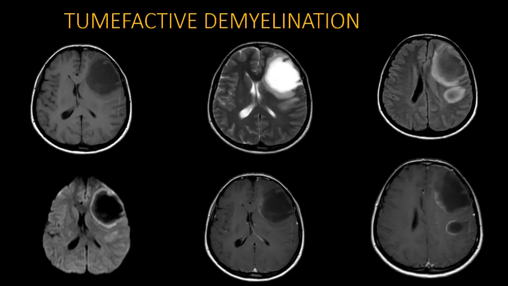Tumefactive demyelination, also known as monofocal acute inflammatory demyelination, occurring in a middle-aged woman. And this is an axial T1 weighted MR image showing a hypointense lesion located in the left frontoparietal region. The lesion is hyperintense on T2 with peripheral hypointensity, and on FLAIR the lesion is showing suppression with significant perilesional edema. A lesion of similar characteristics is also located adjacent to it. And on DWI, a peripheral rim of restriction is noted. And on T1 post-contrast images, we can see incomplete open ring enhancement with the open ring facing towards the cortex, which is classically seen in case of tumefactive demyelination.